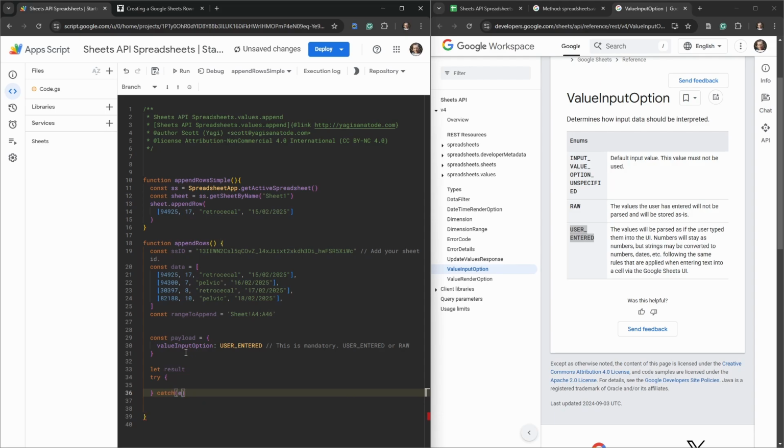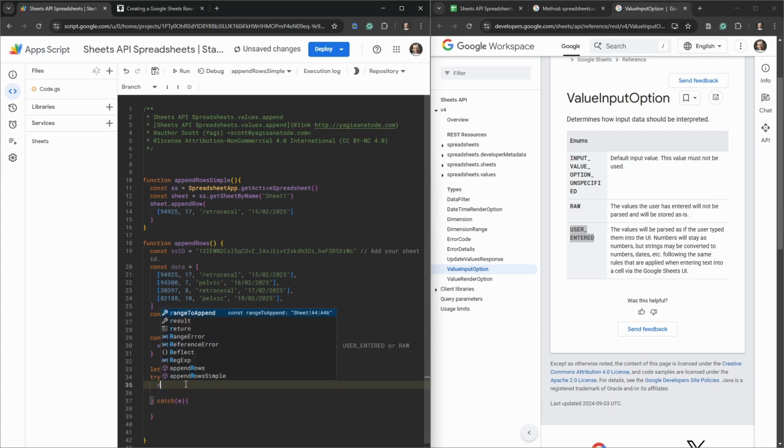And that's going to catch an error and do something with the error. All right, so what have we got? Okay, so the first thing that we have is we want to put in our result. So try result